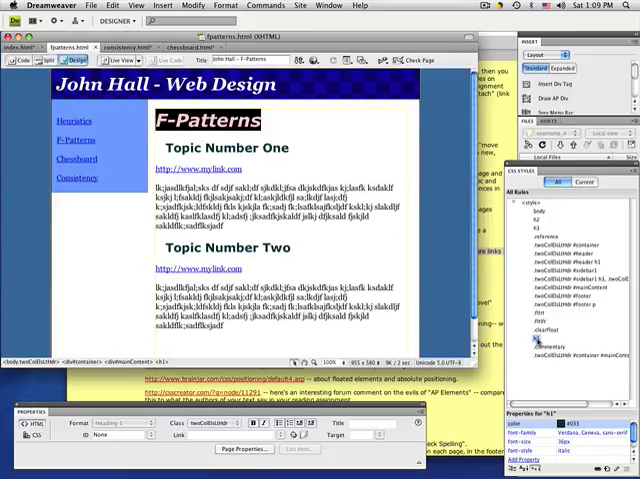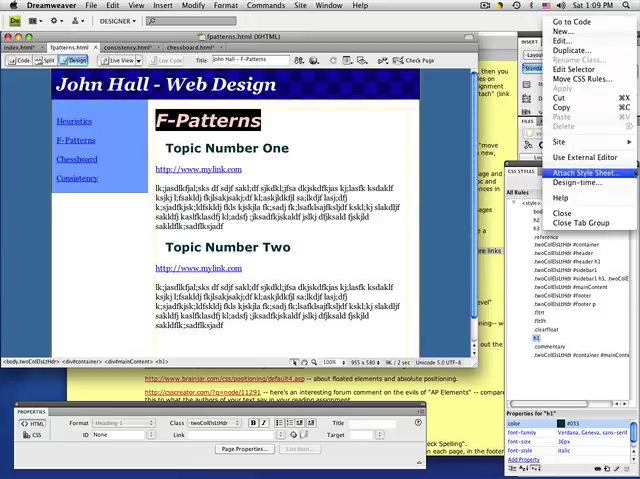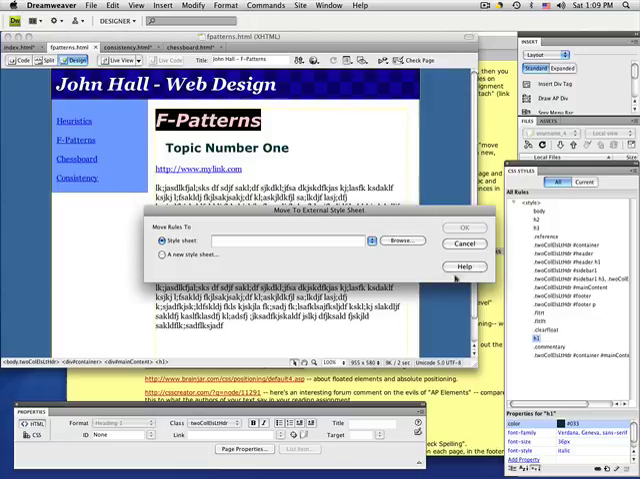But this H1's a little different. What if I like this H1? If I like it, well, I could change it. Let's see, I could select this H1 style and say move CSS rules. Now here, rather than creating a new sheet, I want to move this to an existing sheet. I'll hit browse,